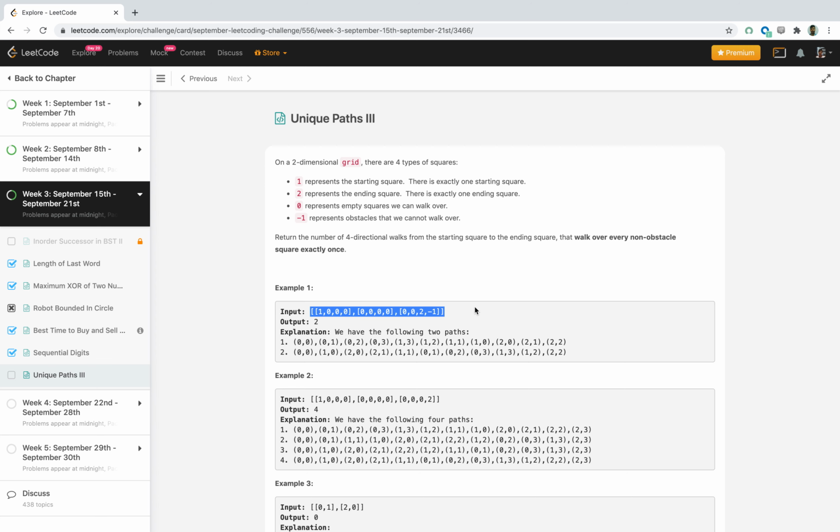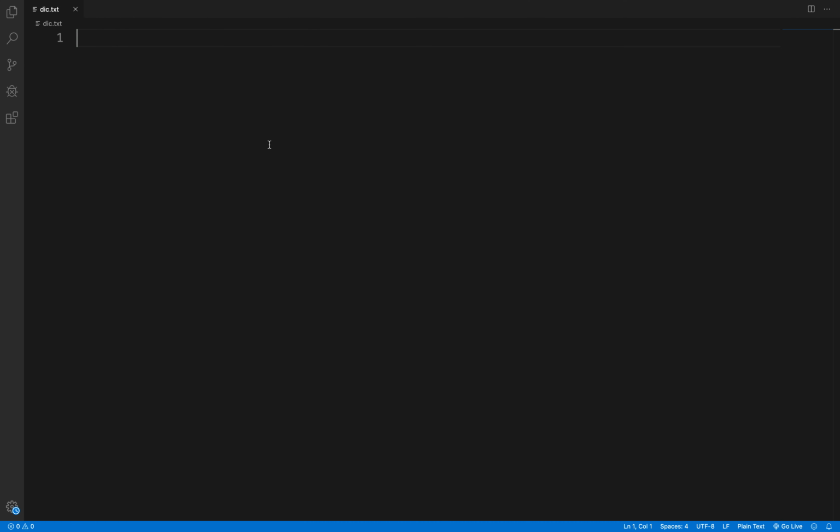So I'll take the first one. We are given a two-dimensional grid, and each item can have one of 4 values: 0, 1, 2 or -1. 1 represents the starting position or starting square, 2 is the ending square, 0 means we can walk over it, and -1 means an obstacle we cannot walk over.